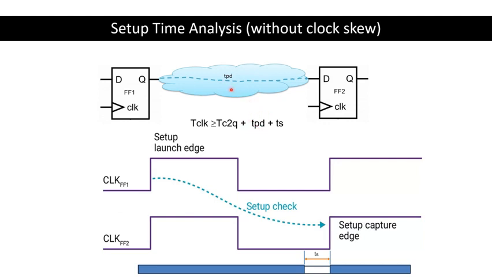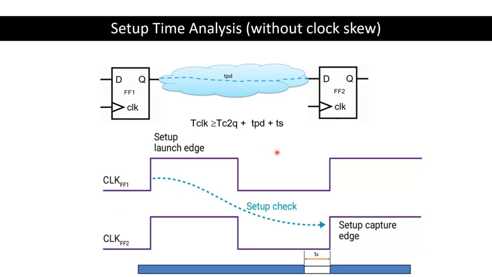Okay. So let's say we have a circuit that looks like this, where it consists of two flip-flops, flip-flop 1 and flip-flop 2, and between them there is a combinational logic connecting the Q of flip-flop 1 to the D of flip-flop 2. So when you do the setup time analysis,